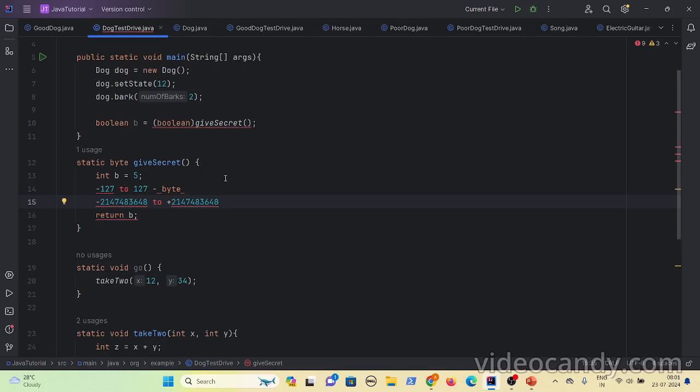The only reason why the compiler throws error is that the value you have declared could be outside the range, greater than plus 127 or lesser than minus 127, which can't be put in the byte variable. But if the integer value falls between minus 127 to 127, you can do the explicit typecasting. So that is why the explicit typecasting is there.